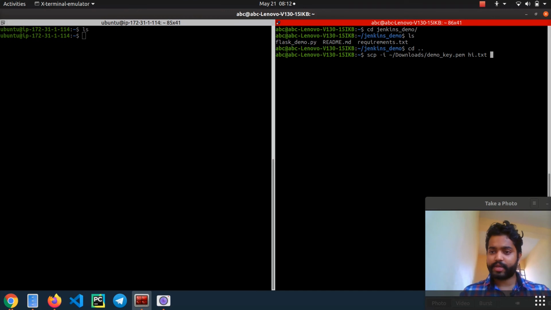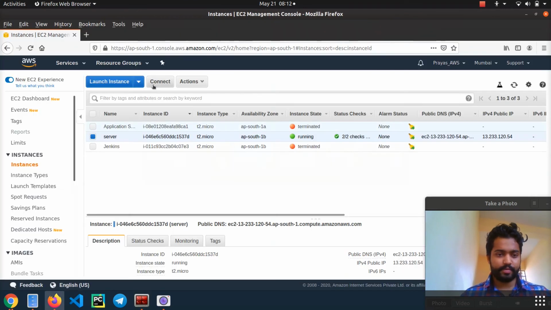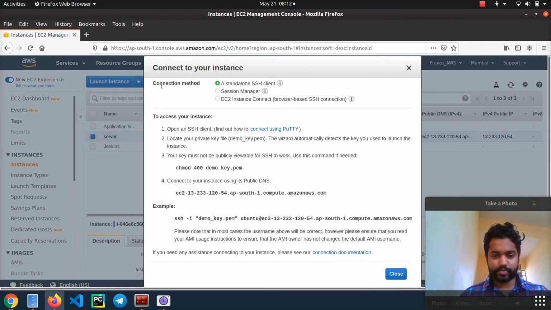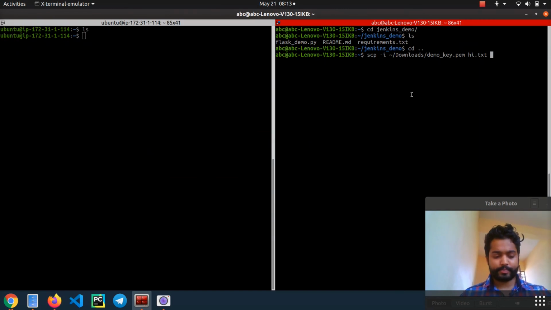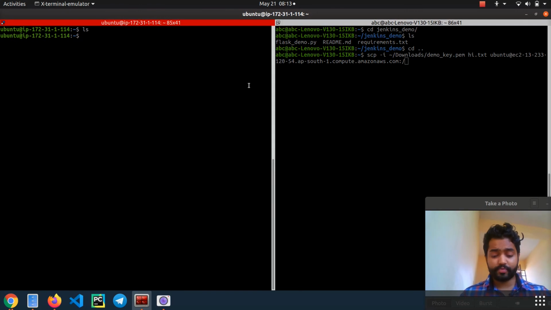For this we'll be needing again the name and the location of this instance that is given by AWS over here. Also, guys, we need to mention the location where it should be going. So if I see the current location, guys, it is /home/ubuntu.